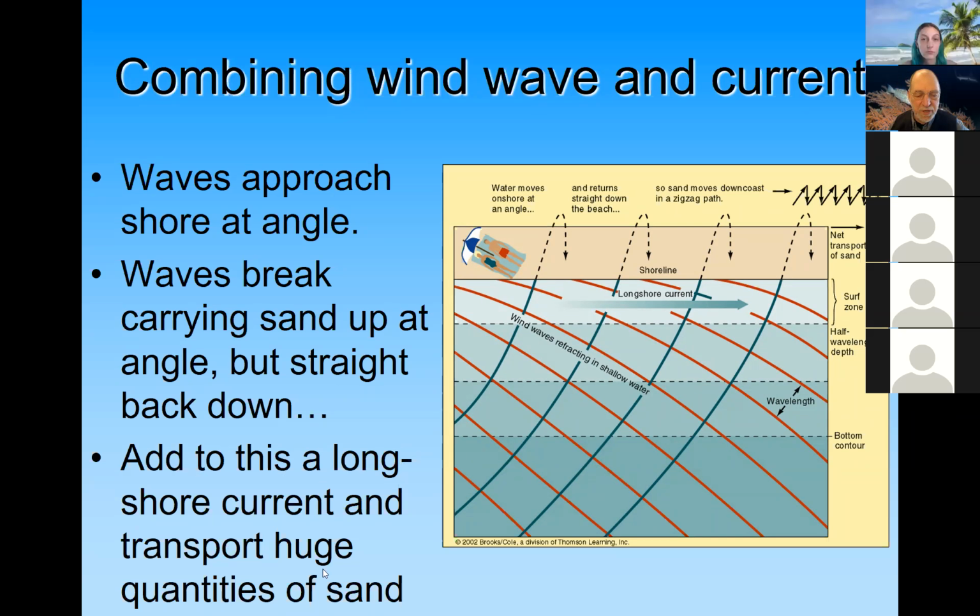So this longshore current can transport huge quantities of sand, and that's a factor that the people who are trying to maintain sandy beaches are constantly dealing with, is that their sand tends to get washed away, and they try to keep it where they want it in front of their hotel, but to no avail. And so you end up having to go get the sand from where it ended up and bring it back to where you want it to stay, which is kind of a Sisyphean process. Okay,